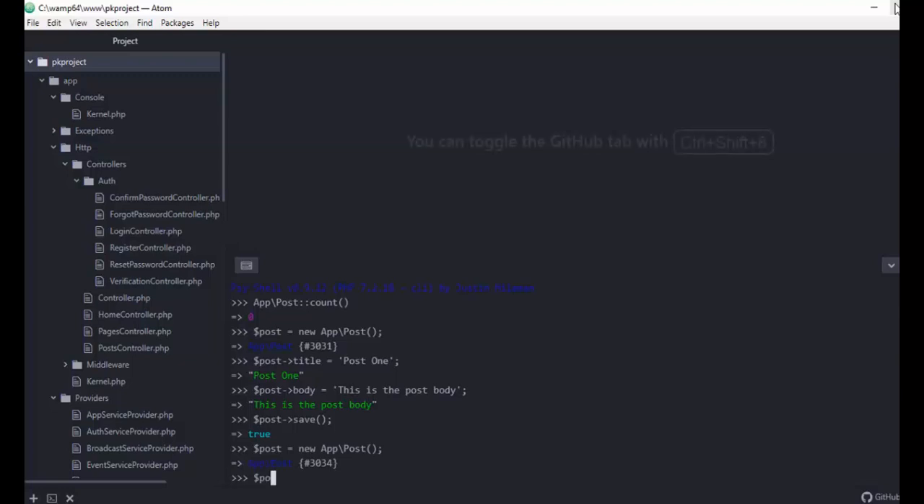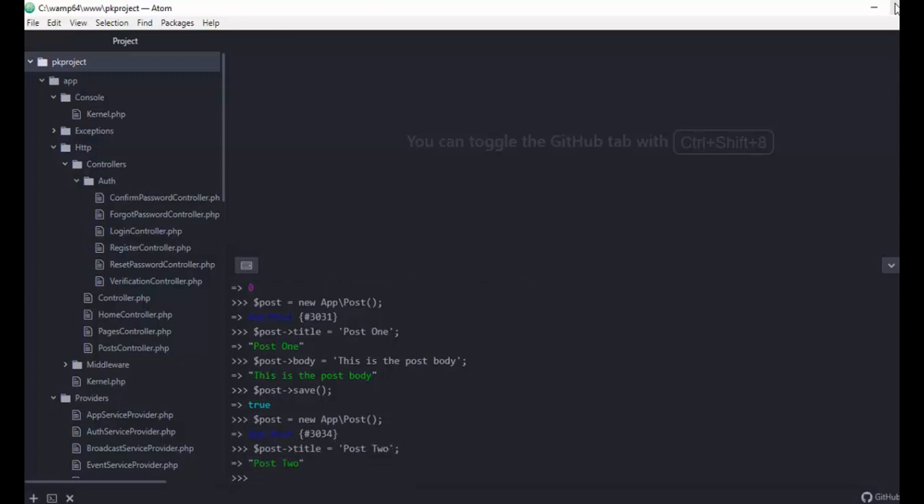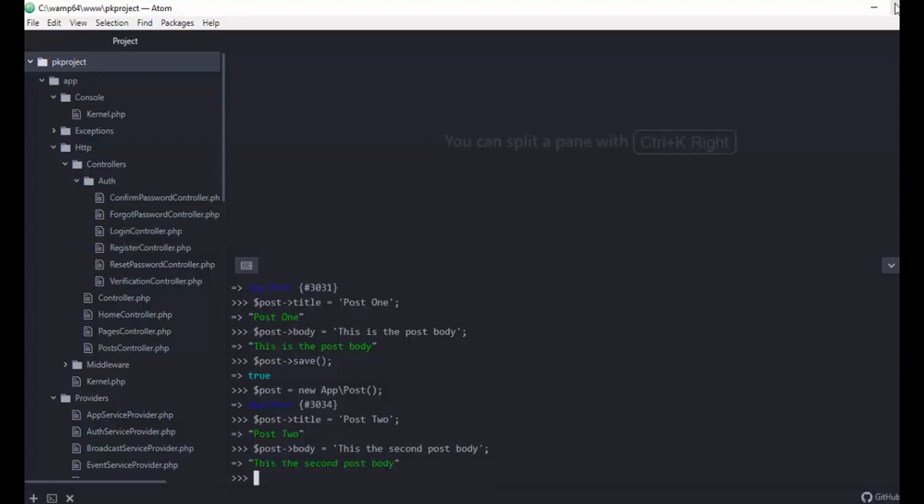And then we're going to set the title for this. This is post 2, and the post body also we need to set a value for this. This is the second post body. There you go. And finally we will save these values